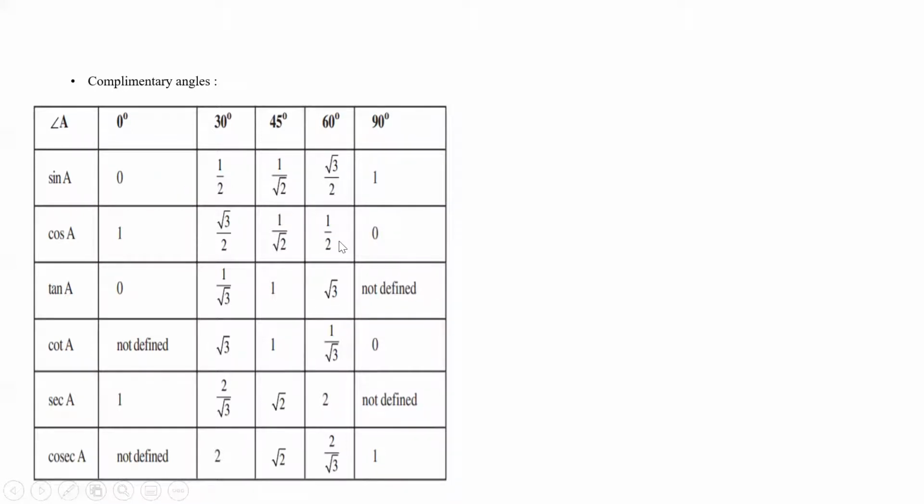Sin 20 is equal to cos 70, like that. Sin 40 is equal to cos 50. If you see 45, they are equal. Why are they equal? Sin 45 is equal to sin of 90 minus 45, which is cos 45, since 45 into 2 is 90. So sin 45 is equal to cos 45. Tan 45 is equal to cot 45. Secant 45 is equal to cosecant 45, because secant 45 can be written as secant of 90 minus 45, which is cosecant 45. So with 45 it becomes the same, because 90 minus theta is theta.